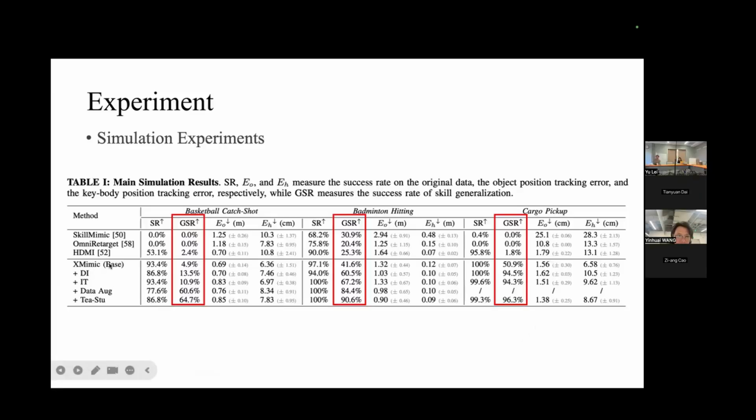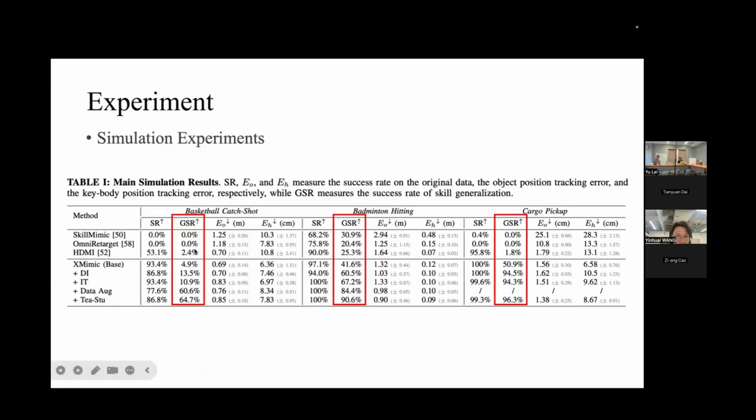So we compare three methods. The first is SkillMimic, then OmniRetarget, then HDMI, and we apply our method with four core components. The first is the disturbed initialization. The second is the interaction-based termination, the third is the exchange data augmentation, and finally the teacher-student two-stage training framework.